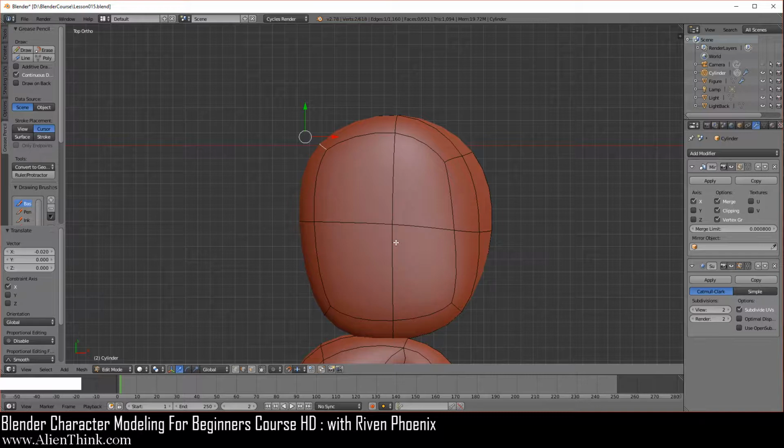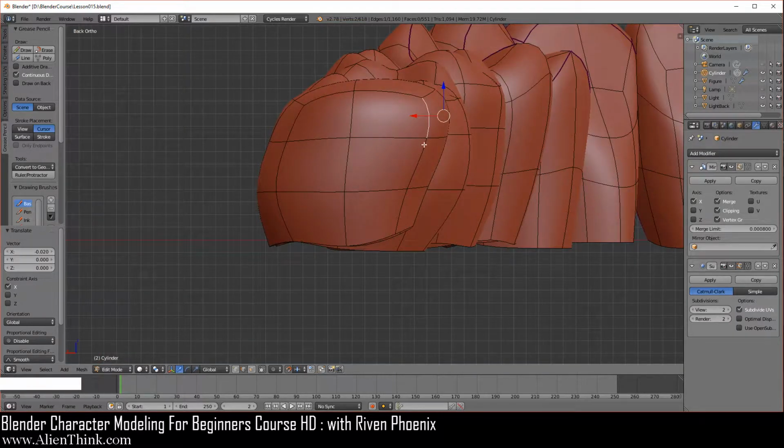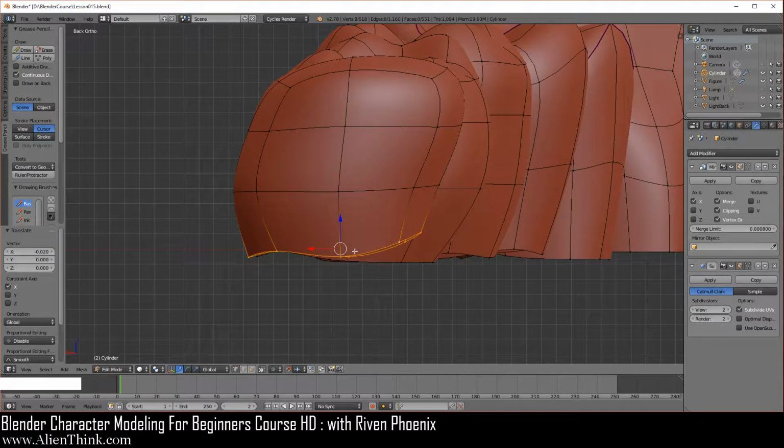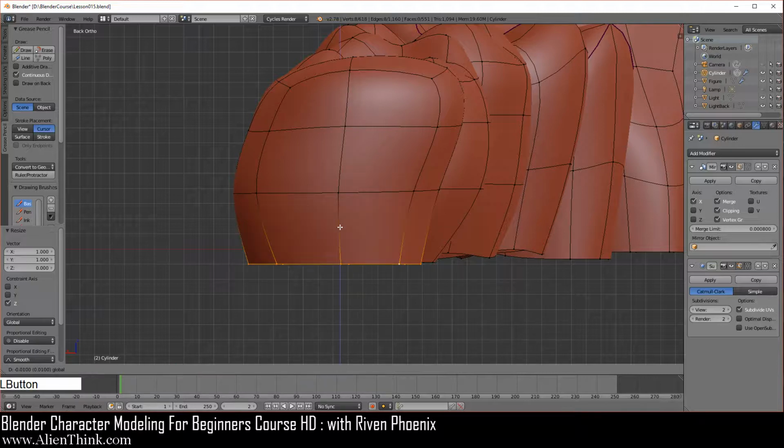So now do Control and then 1 over here to go to the back view again, and we're just going to go to the vertex select mode, rotate over here, and just do Alt and click on this edge loop. Do Control 1. We're going to fix this. We're going to do the S key to scale, press the Z key on the Z axis, press 0 and then the Enter key, and just bring it down one time over here.